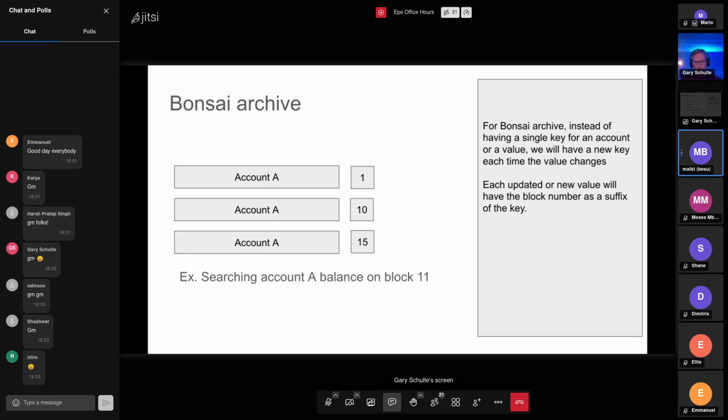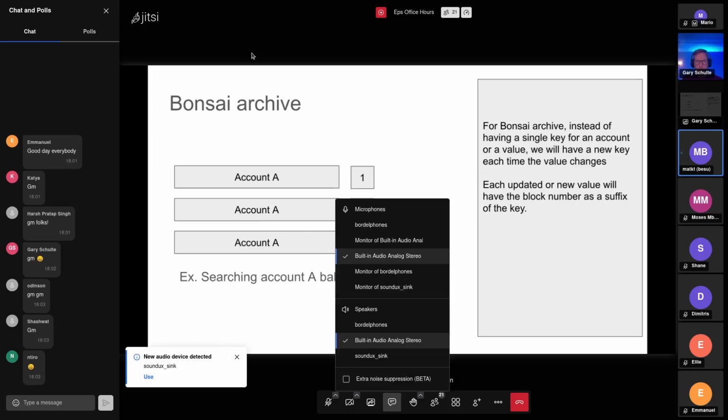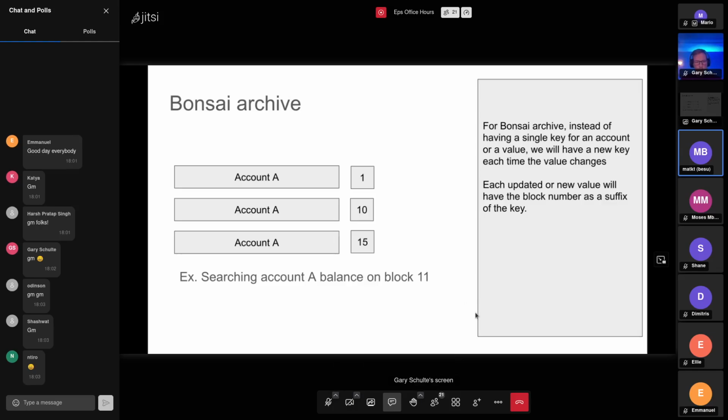To keep everything, we'll have the same database size as Forest, and it will just be useless to work on that. So in order to fix the issue regarding the flat database, what we decided to do is instead of having only the last version in the flat database, we will modify the key in order to have as the prefix the hash of the address with a suffix, and this suffix will be the block number where we modify the